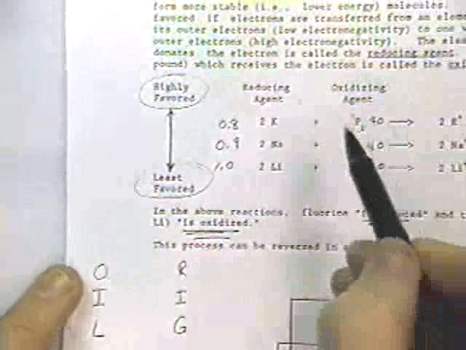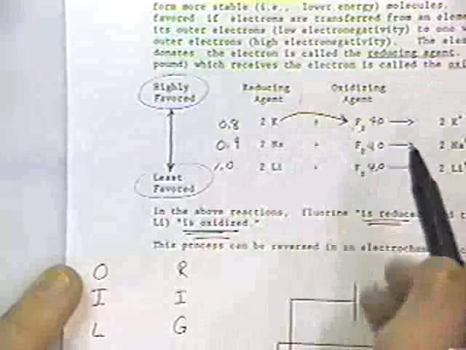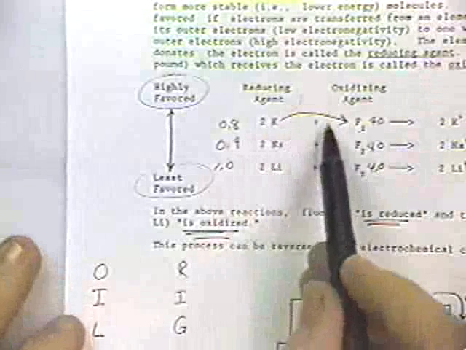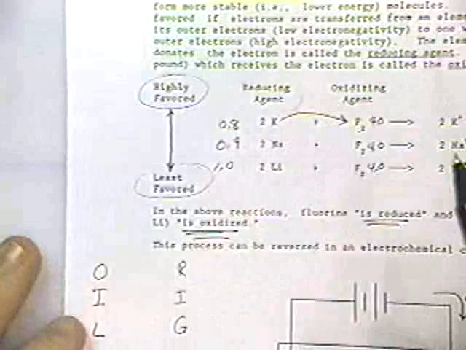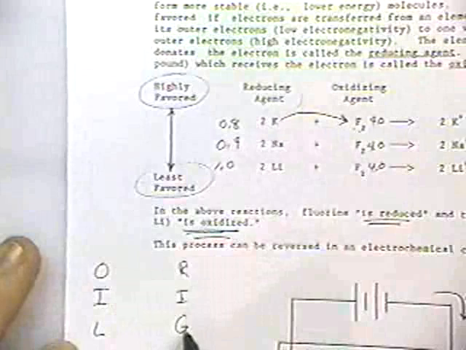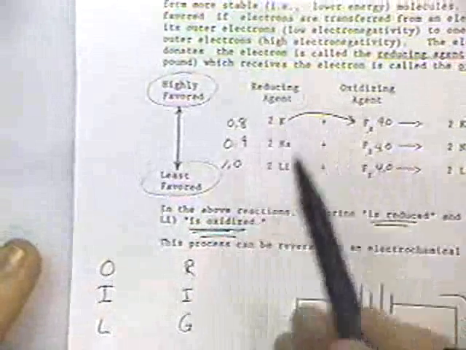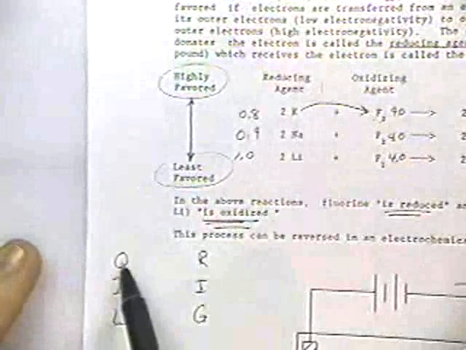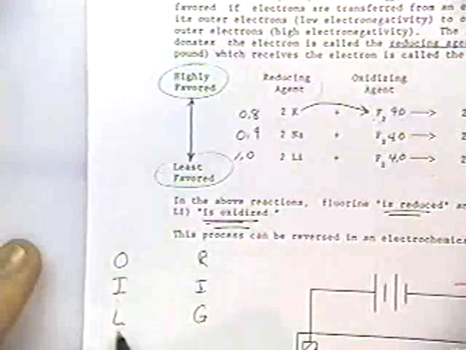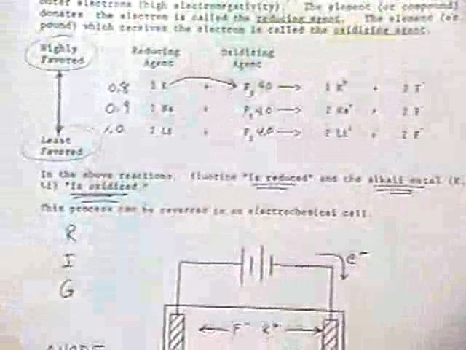So what's happening here is the fluorine is taking electrons from the potassium, so it is becoming reduced, right? Reduced is to gain electrons. Conversely, the potassium just lost its electrons, so it became oxidized. Oxidized is lose electrons. So hopefully that's about as clear as mud, but hopefully a little bit better than what you had before coming